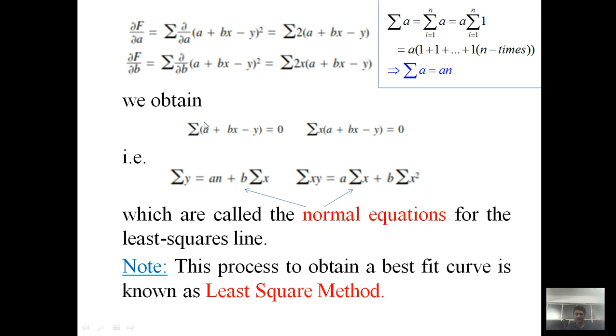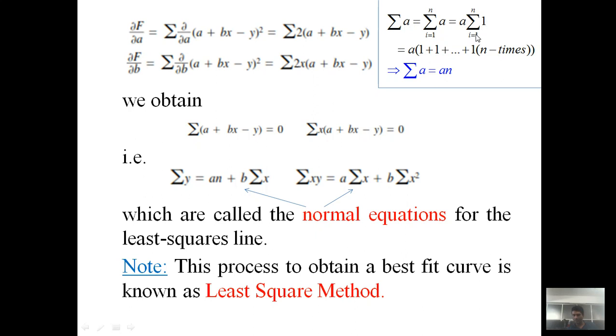And here, precisely, we have to talk about the sum of a. As per our convenience we remove the suffix, so you can write the sum with i running from 1 to n of a. The first and second terms are both the same, but a is a constant, which is unknown and which we want to determine, so we take it outside. So the sum with i running from 1 to n of 1. The function is independent of i, so whatever value of i you write, it is constant. So a is as it is.